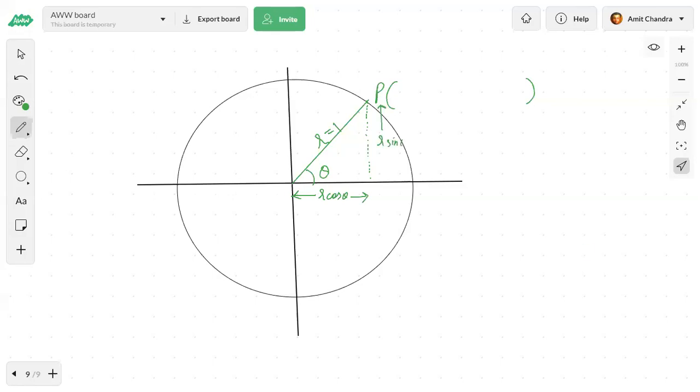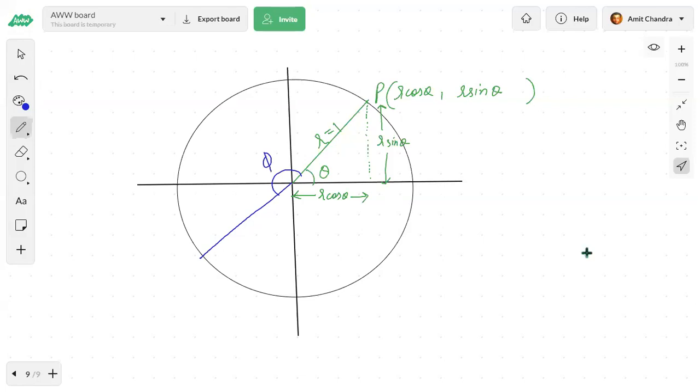And this distance will become R sin theta, right? When we put a force, suppose there is a force and we find the components, components in the x-axis and y-axis, so this will become r cos theta, this will become r sin theta. So the coordinates of this will become r cos theta, comma r sin theta, right? Okay. Now suppose you have a different line here, and this total angle was theta, and suppose this angle is phi.